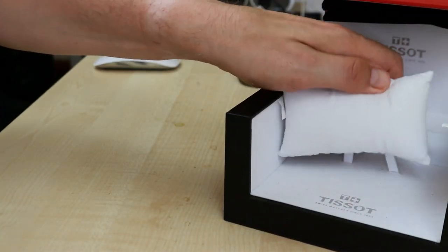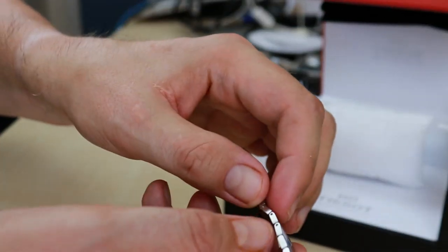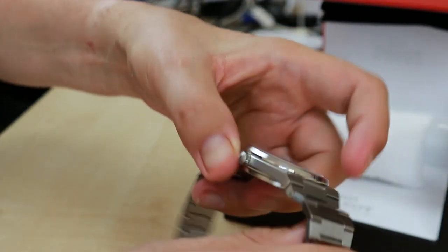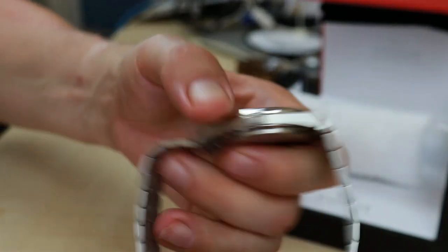Well, to mention, the links are connected through push pins. So these are not screw pins as in better quality, but also higher price Swiss watches like Rolexes or Omegas. Okay, here is the watch on the wrist,